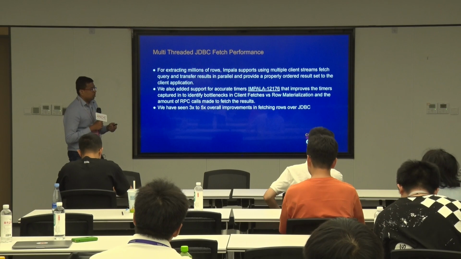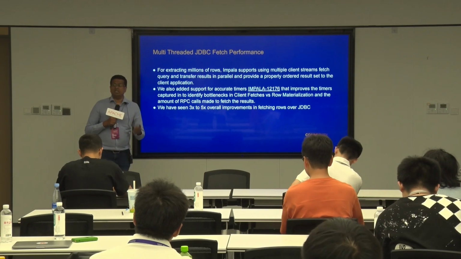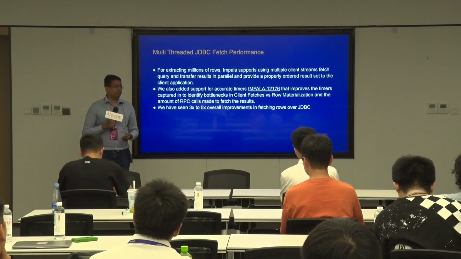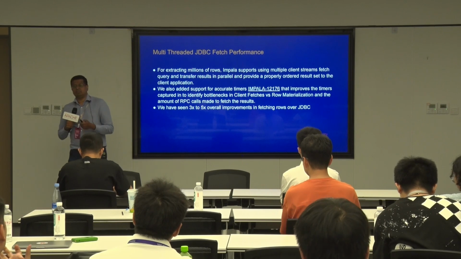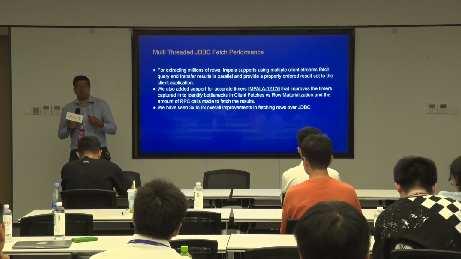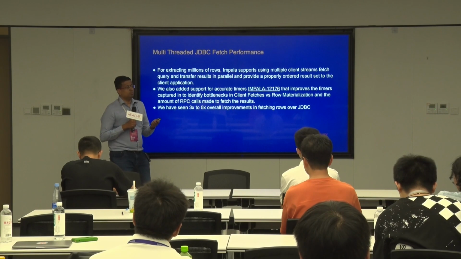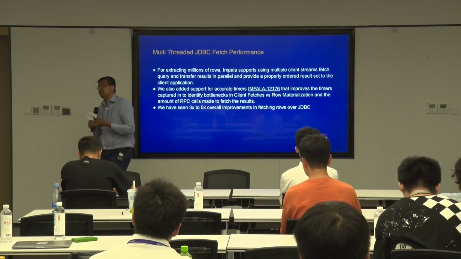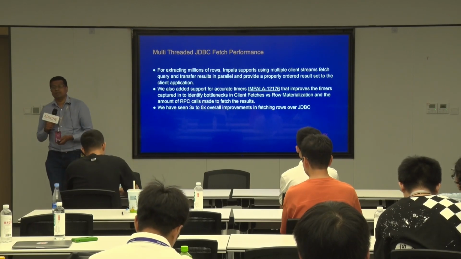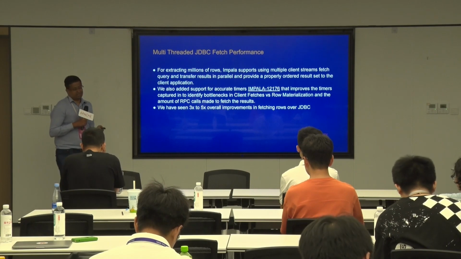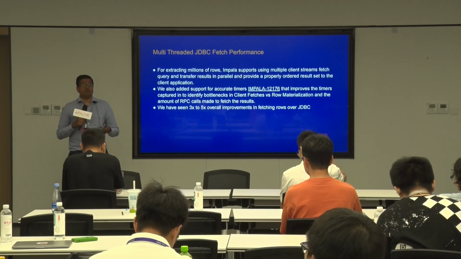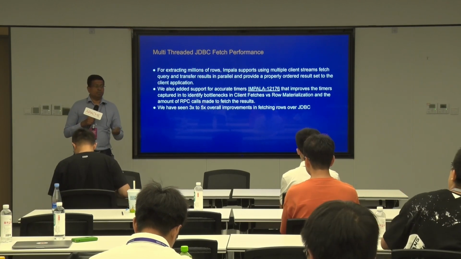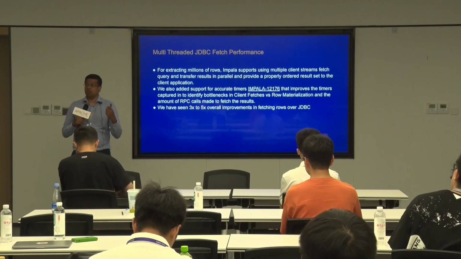We frequently saw a lot of machine learning applications use Impala to fetch data from their big data environments. A lot of times when these machine learning applications fetched data from Impala, there was a performance penalty when you're fetching 10, 20, 30 million rows. For fetching 10,000, 20,000 rows, it's fine. But when you're fetching millions of rows, there used to be a performance slowness because you are doing a single